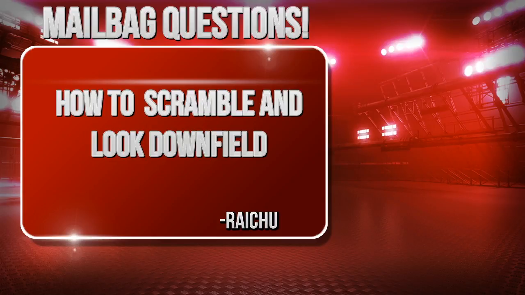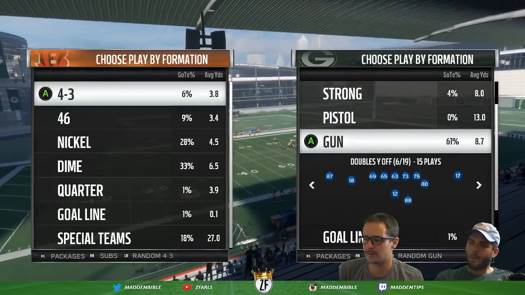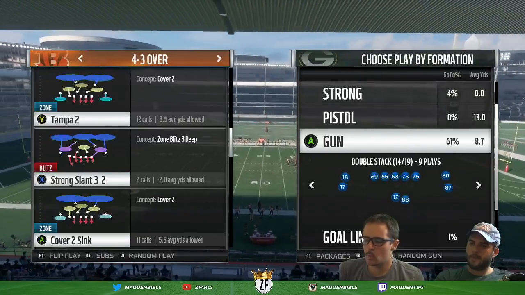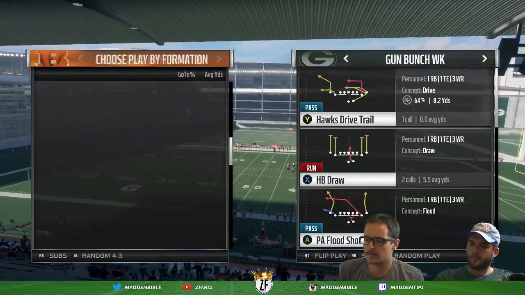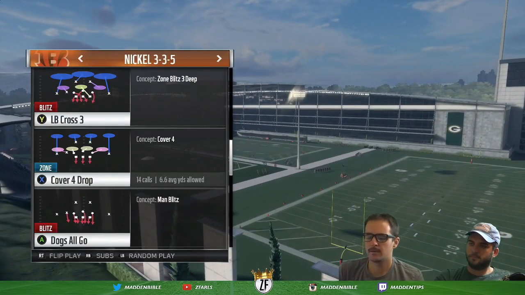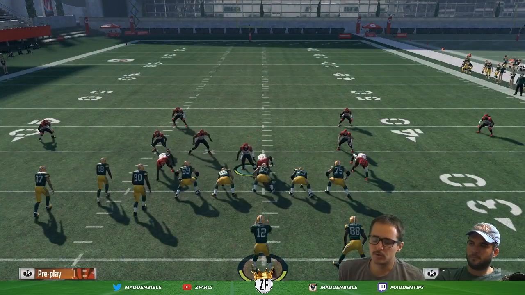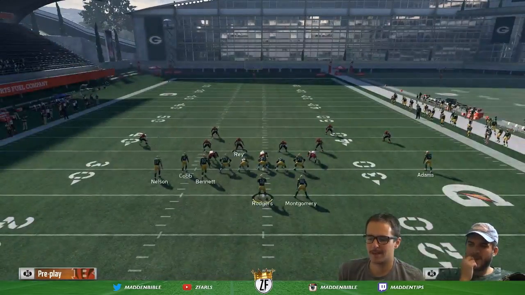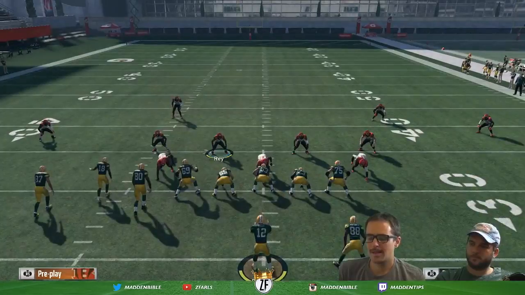He wants to know, how do I scramble and keep my eyes downfield? Very good question. It's difficult. I'll say there's a couple different things you can do, and sometimes I'm even guilty of looking a little bit too much, not downfield, just looking at my quarterback. So, before the snap, if you have your guys way spread out,